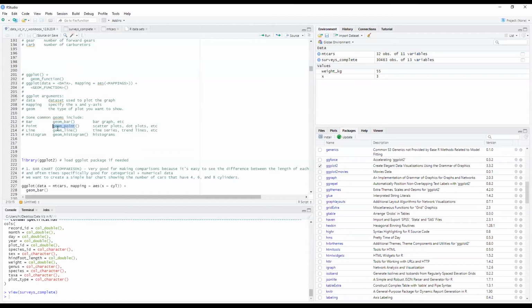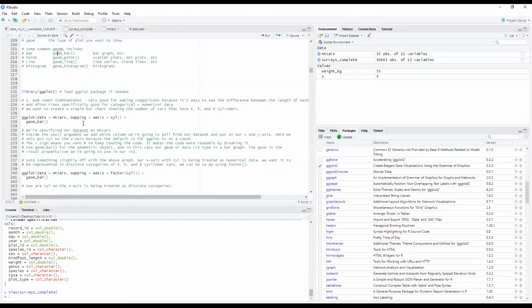If you're going to be creating a scatter plot or some type of dot plot, you're going to be using this geom_point function right here. You're going to be doing a ggplot plus this geom_point function. There are many different types of geoms. They're basically just visualization types. Okay, that's good.